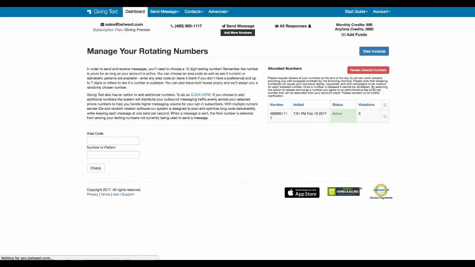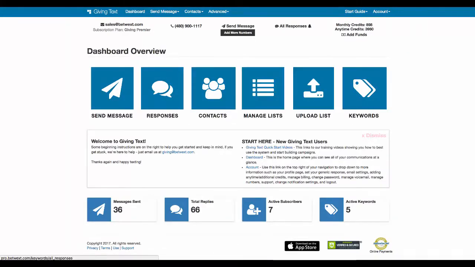Remember, you're always going to start on the dashboard page. You're going to be able to send from there. You're going to be able to view responses, view contacts, and manage your lists. If you need to upload a list or set up keywords, you can do it all from the dashboard. So hopefully that gives you a great overview of how the